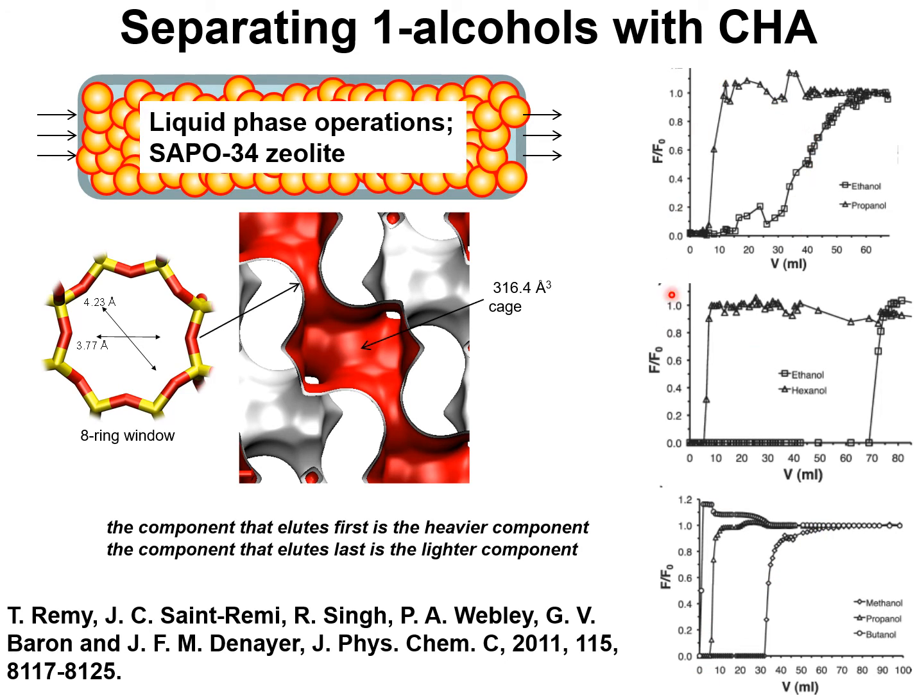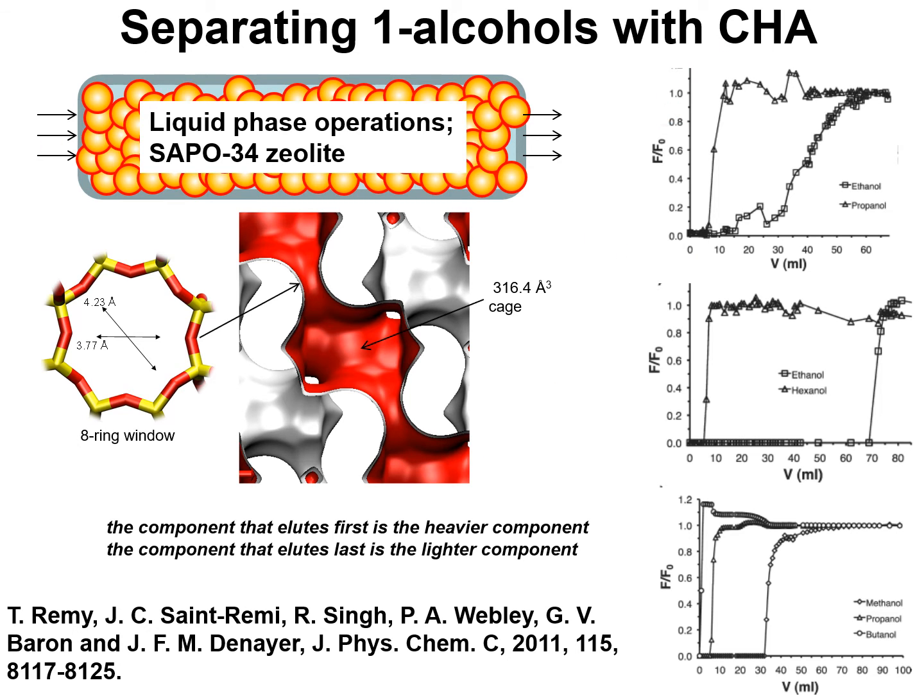So these experiments are rather extraordinary because they show preferential adsorption of the shorter alcohol for liquid phase mixtures. Now, to understand these experiments, we carried out configurational bias Monte Carlo simulations for various mixtures